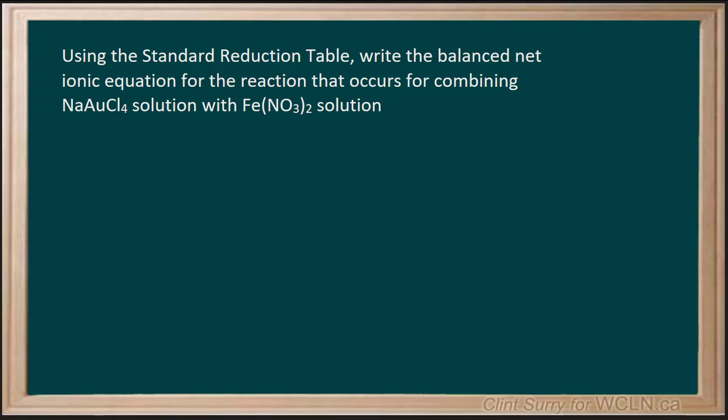Using the standard reduction table, write the balanced net ionic equation for the reaction that occurs for combining these two solutions together. Now, when I'm looking at these, remember, when you form a solution, you're going to end up with these dissociating into the separate ions. So this would result in a sodium ion and our gold tetrachloride ion, an iron +2 ion with a nitrate